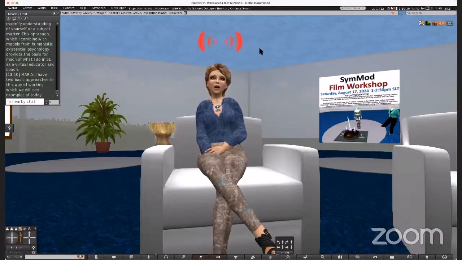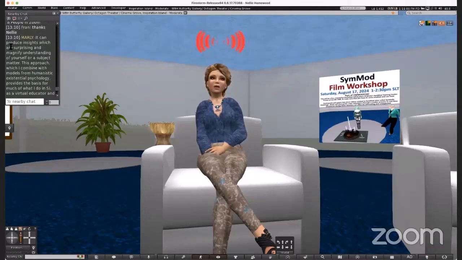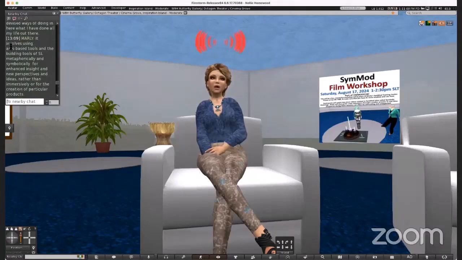Now, I have two basic approaches to this way of working, which we'll see examples of today. Outside in is a process of creating a build, or it could be a drawing or another art piece like a collage or photographs used in fanciful ways, without knowing what its meaning or significance is until you are guided to explore it.